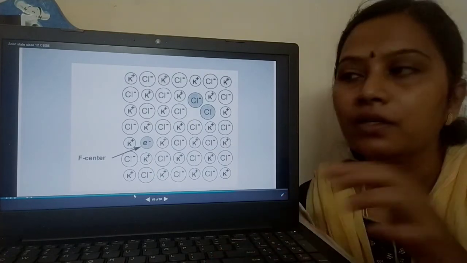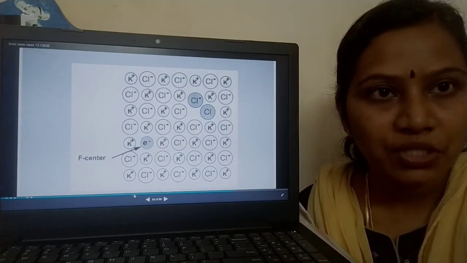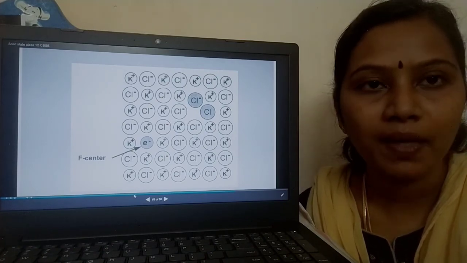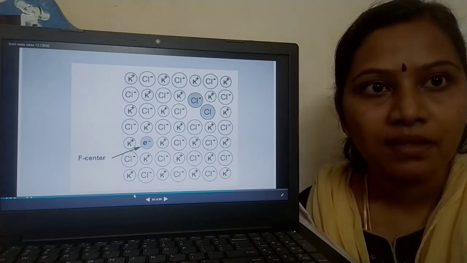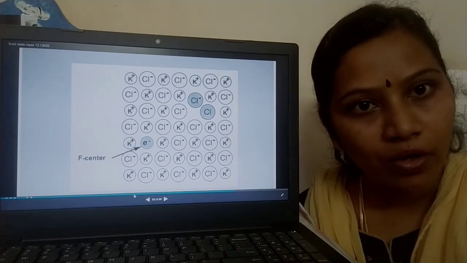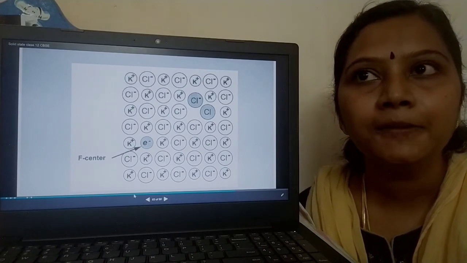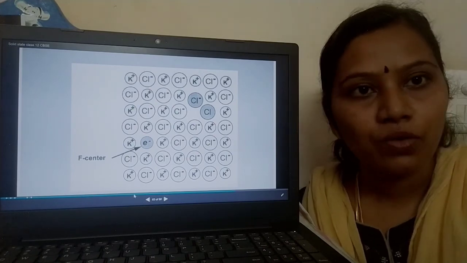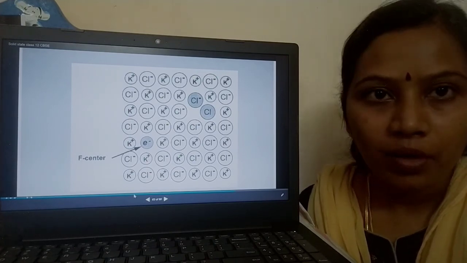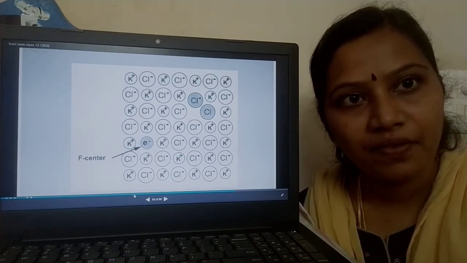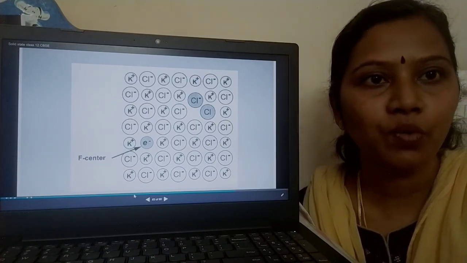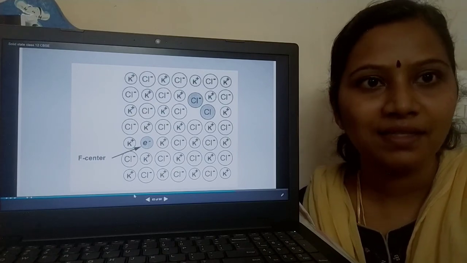Okay children. So in today's session we have seen packing efficiency in face centered, body centered and simple cubic packing. Then we moved to defects. We saw stoichiometric defects, and those are exhibited by non-ionic solids. Under ionic solids we saw the Frenkel defect and Schottky defect. And among the non-stoichiometric defects we saw metal excess defect and metal deficit defect. We saw about F centers, how they are responsible for imparting color to the crystals. Thank you, children.